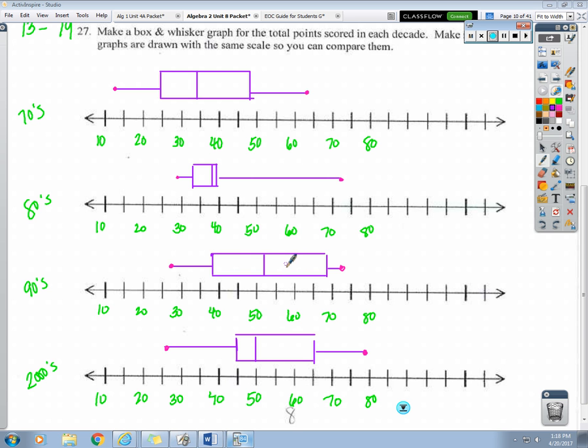Alright, today we're going to be answering some questions about these box and whisker plots that we created on page